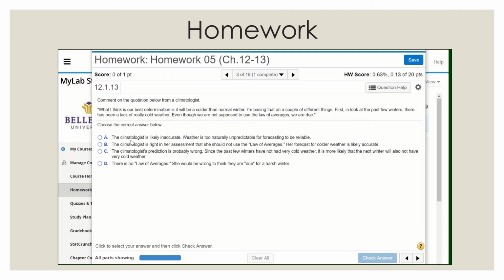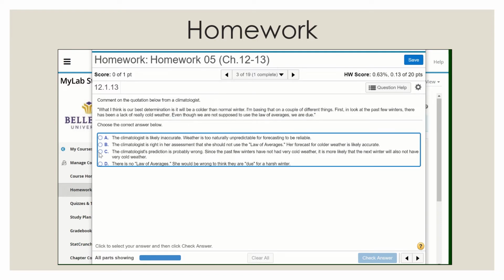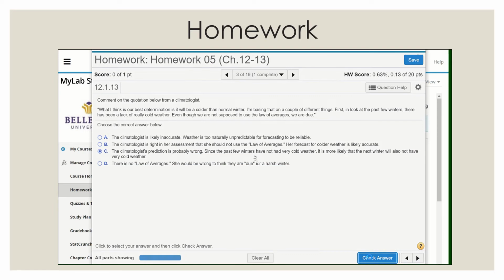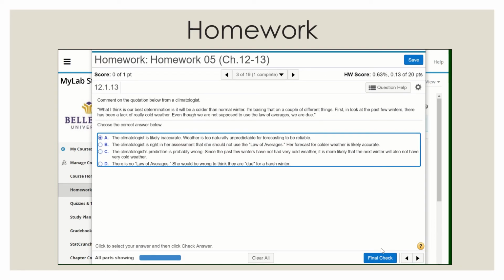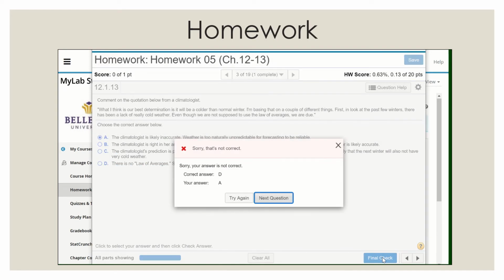Again, as I'm working, I'm just going to choose hopefully a wrong answer. And again, I want you to notice it's giving me some information here that might help me to do better the next time. But let's say I still don't get the answer correct. So the correct answer was D. I chose A. I can go to the next question, which is fine, but notice I haven't gotten this question